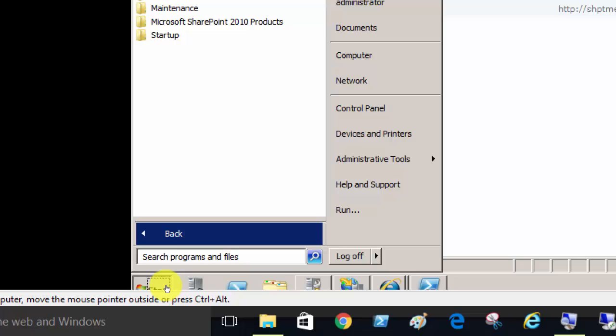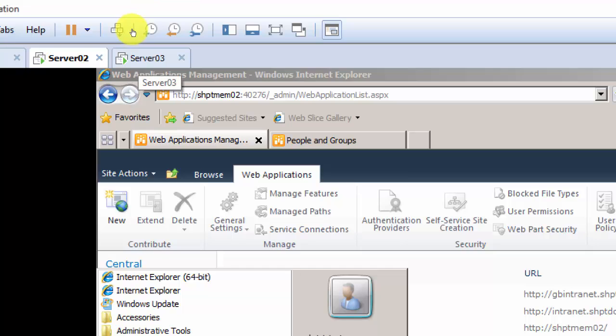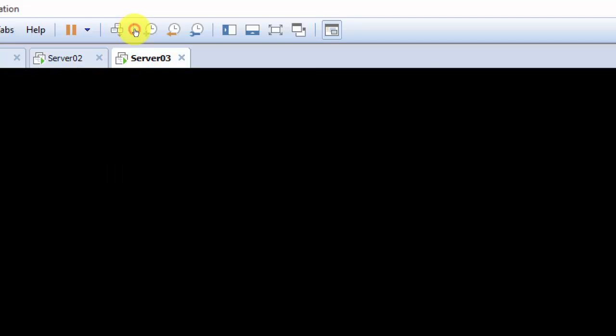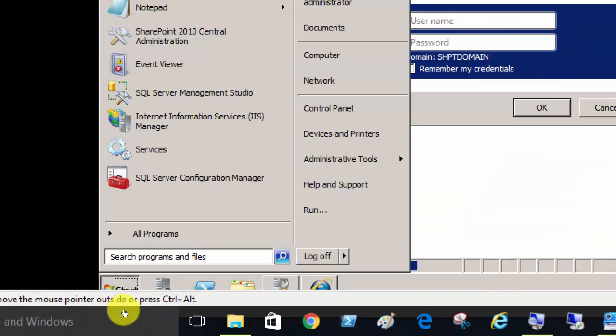Maybe you did not install the database on the same server as I have done. So I'm on server 2 and we also have server 3 here, right? I think we installed SQL Server on server 3. Everyone did that, right? Wherever you install SQL Server, you need to go to that server. In a 2 server farm, SQL Server may not be on the same server from where we actually created that web application. So I'm just going to go to server 3 for that, and clicking start,